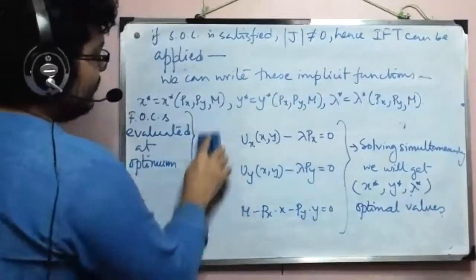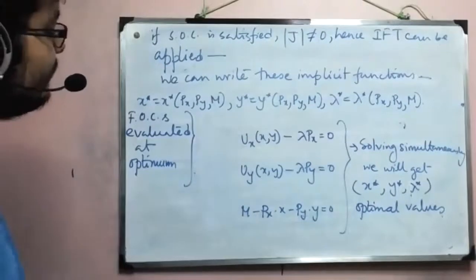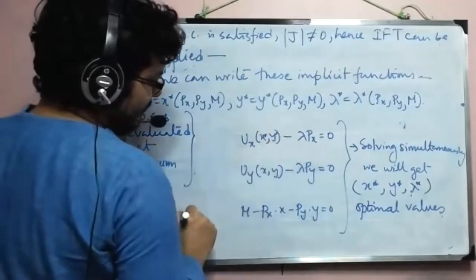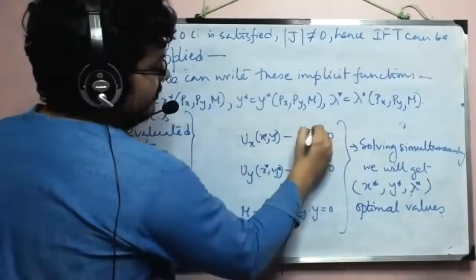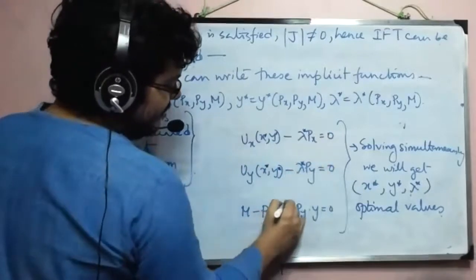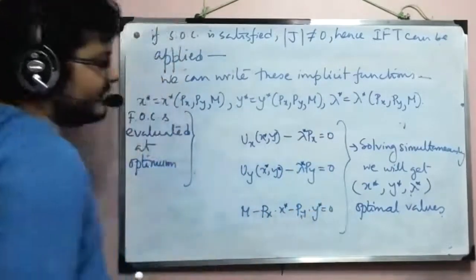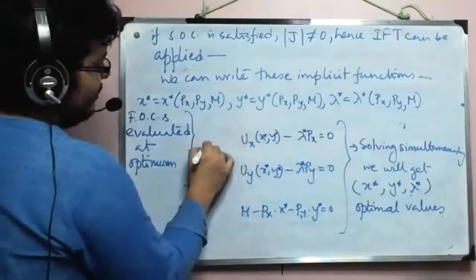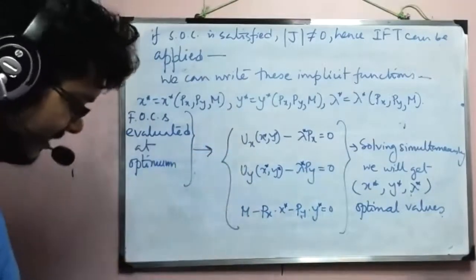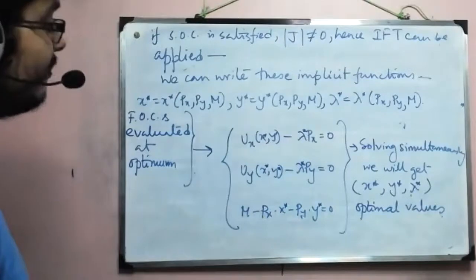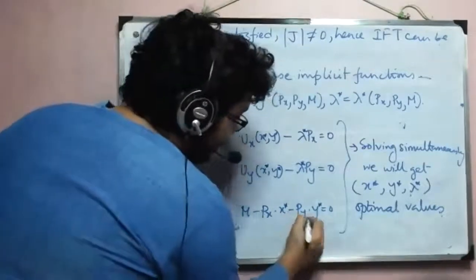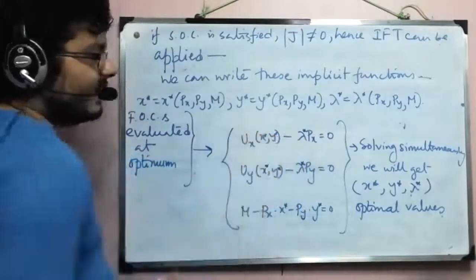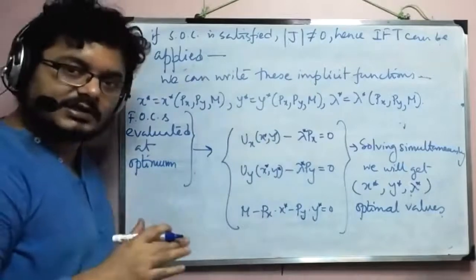script L and xy here and write this as x star y star, also as lambda star, this also as x star y star. Okay, all right, so these are evaluated at optimum, but something changed here. What did we change? So what changed is that now we got this x star, y star and lambda star solving the first order conditions.